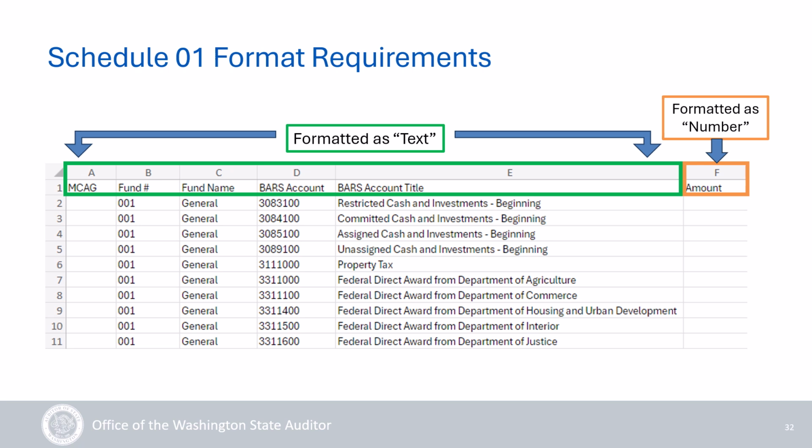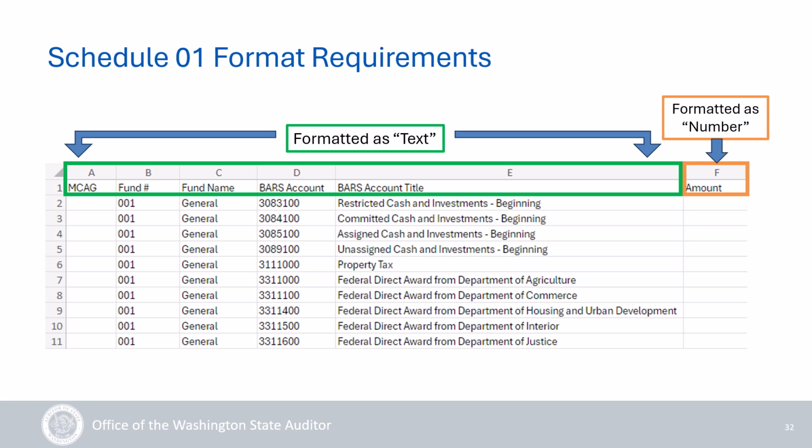And when uploading the completed Schedule 01 template, it is important that it is in the correct format. When you navigate to the BAR's reporting templates page, all templates are pre-formatted for easy upload, so the intent is for you to only input data where applicable and not alter any of the basic formatting. That means no additional headers, subtotals, etc.